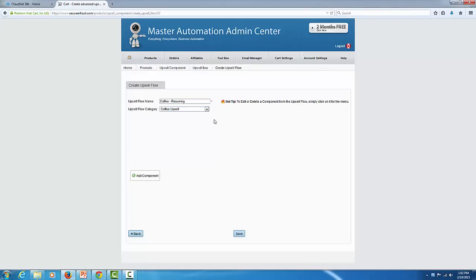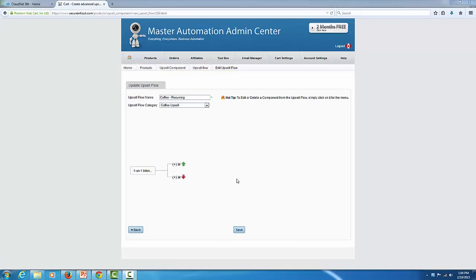And I'm going to add my first component for my upsell. Now typically I would make a more complete upsell, and I would have an additional upsell if they accept this one, and I would have a downsell if they refuse this upsell. But in this case, all we're going to do is upsell from a single purchase up into a subscription, and that's it. So I'll save this,